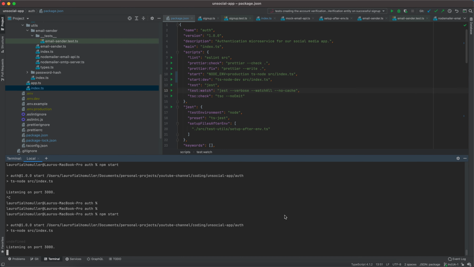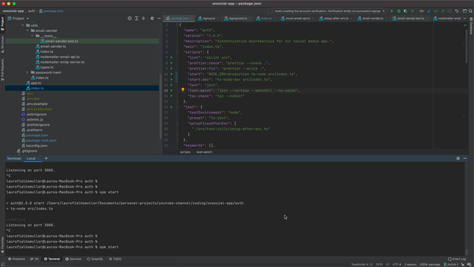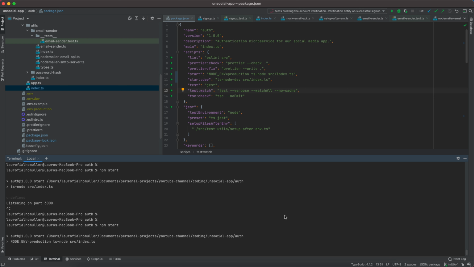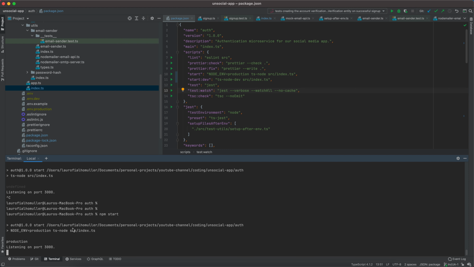So now if I save this, I stop the server and I run it again. I don't know why I stop it more than once, but just force of habit. And then this should print production. Exactly, so now it's printing production, right? So for Mac and for Linux, I believe it's enough to do it like so, but for Windows, I think